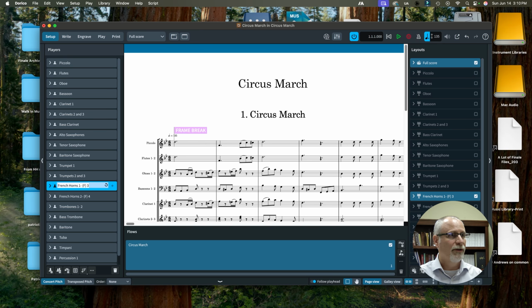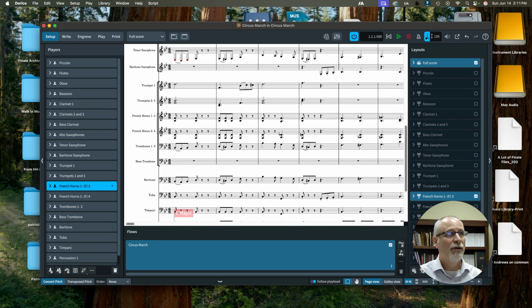So French horns, of course, if they're written in the score in a more traditional sense, you're going to have French horns 1 and 3 on a part, and 2 and 4. And so you'll have to address this. Up to this point, I have not used that